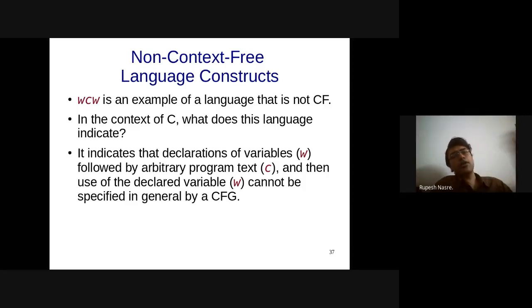But just by using the context-free language, you won't be able to identify this in general for variables. If it is for one particular variable, you will be able to do it. If it is for some constant number of variables, you will be able to encode those in the grammar rules. But in general, for an arbitrary set of variables which could be user-defined and so on, we cannot solve this problem only using the grammar. We will have to get into the semantic rules. Okay. Any other concerns, questions?